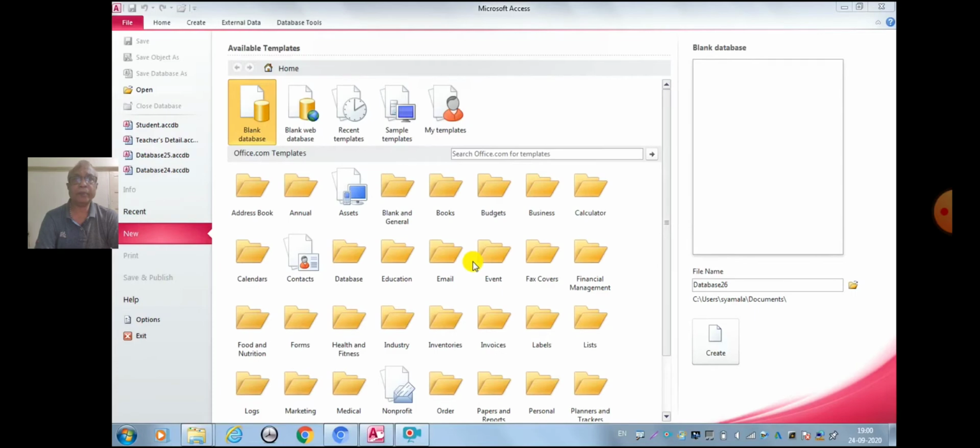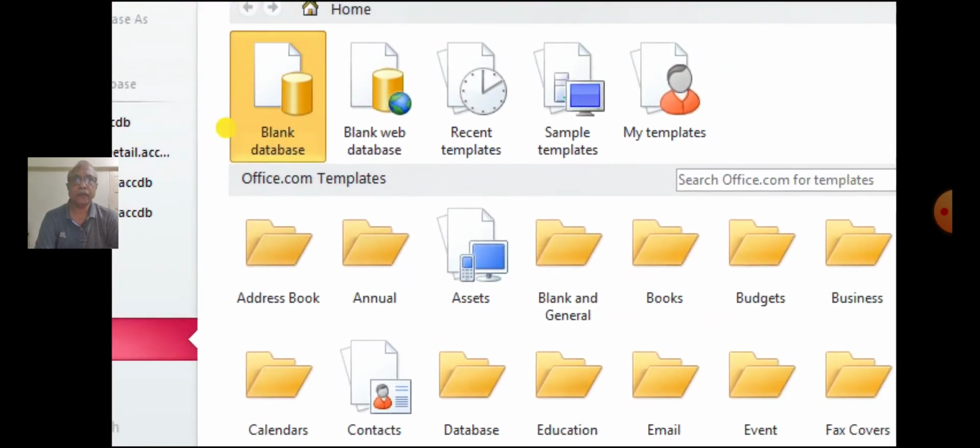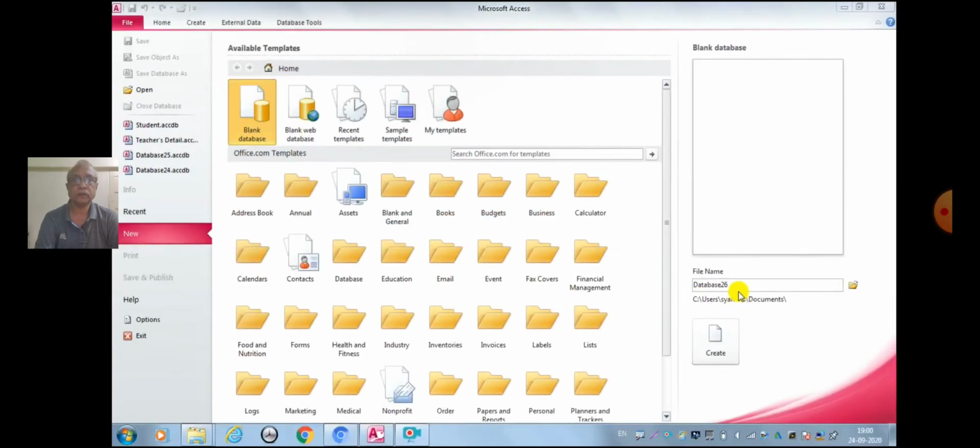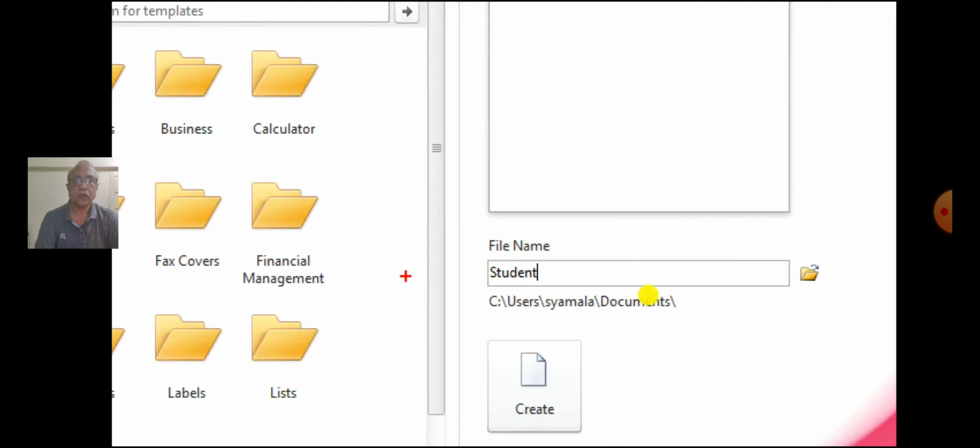We will create a blank database with the file name as student. Now click on Create.